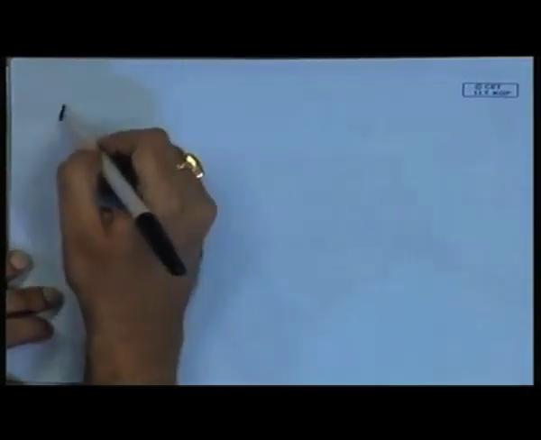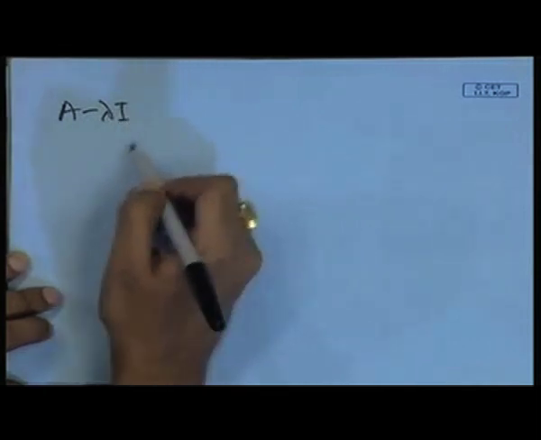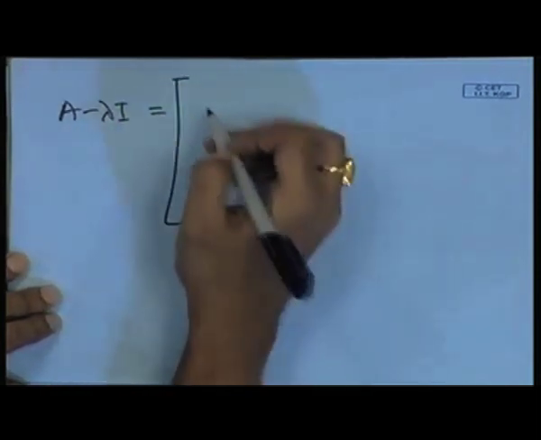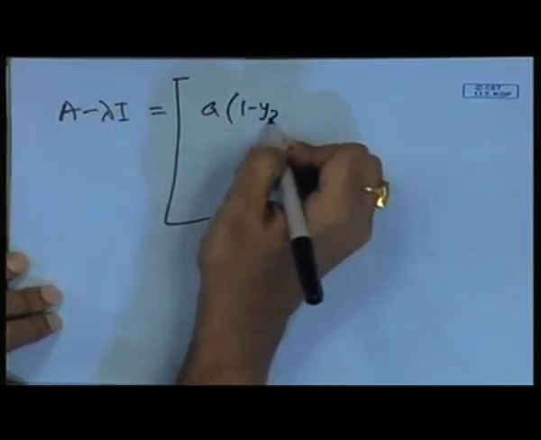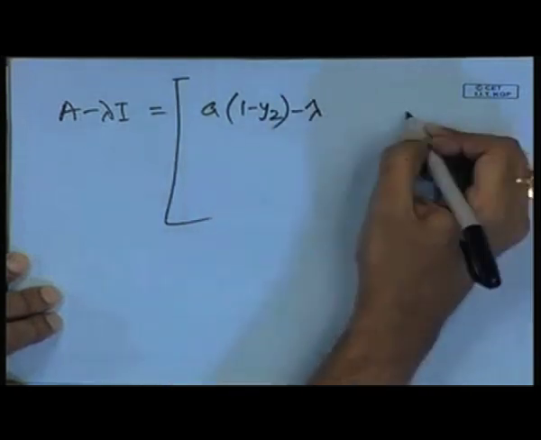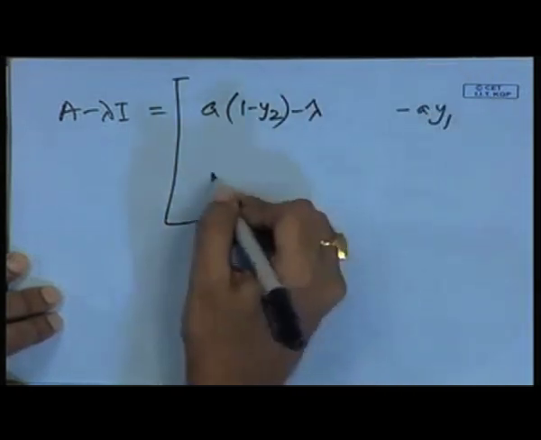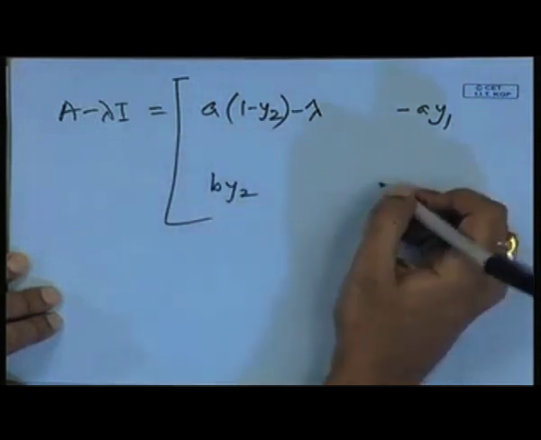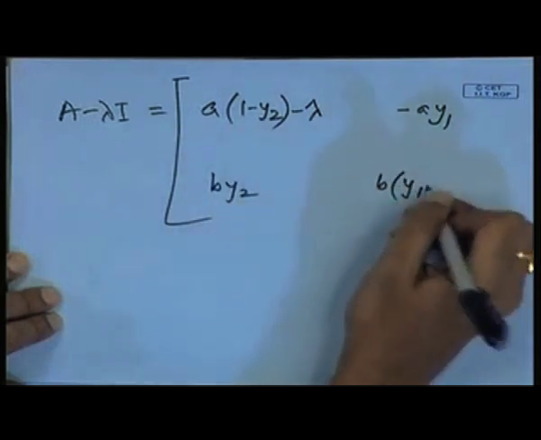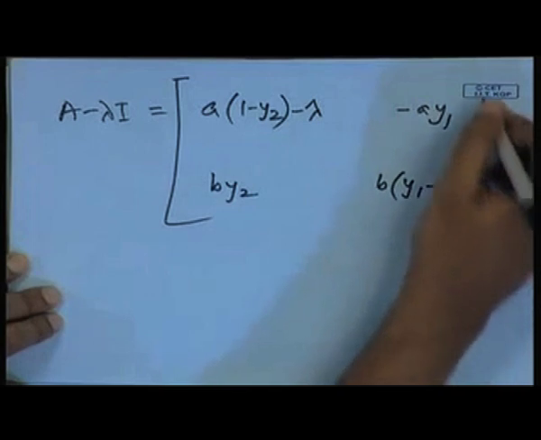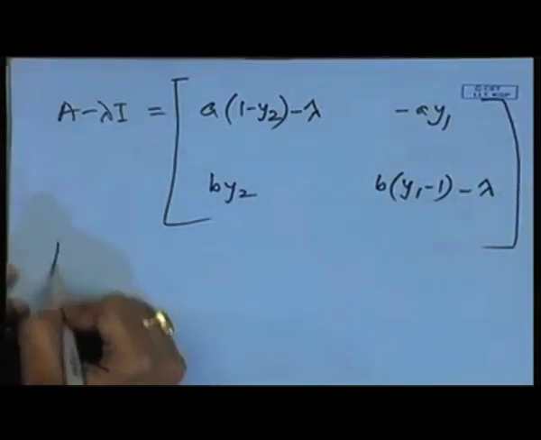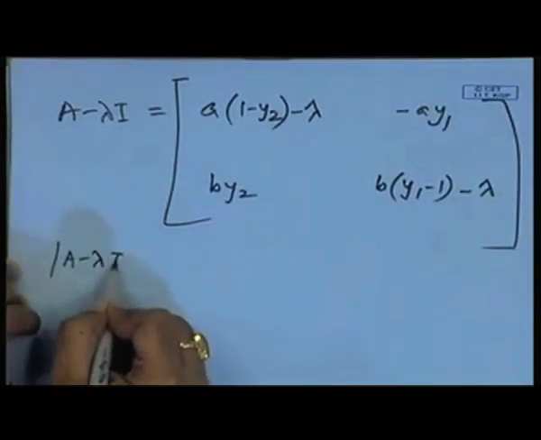So, let us form the characteristic equation first. A minus lambda I would be equal to a matrix with entries A(1 minus Y2) minus lambda, minus A Y1, B Y2, and B(Y1 minus 1) minus lambda, and the determinant of A minus lambda I equals